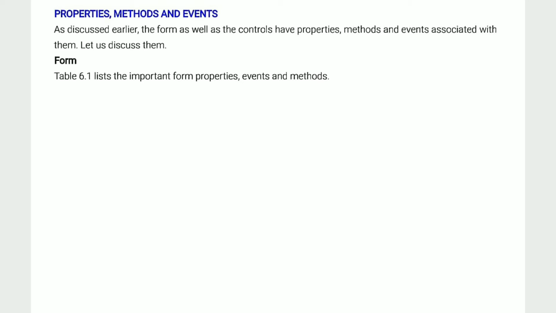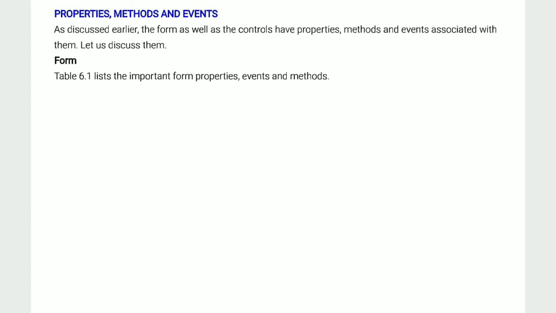We have to generate an event, either click, double click, or mouse move on any control or object. This is called an event.